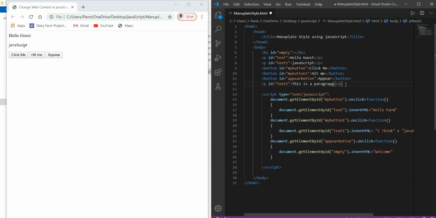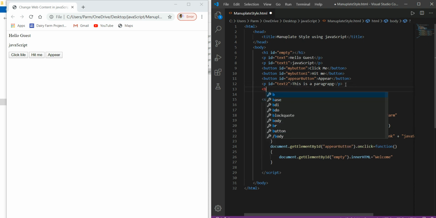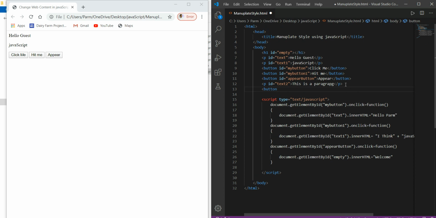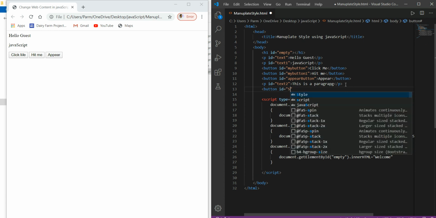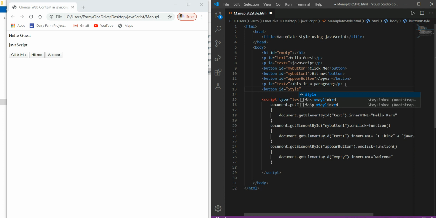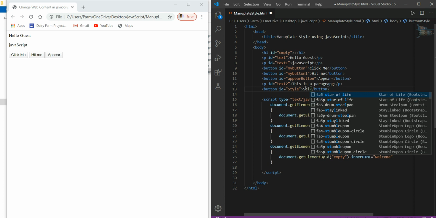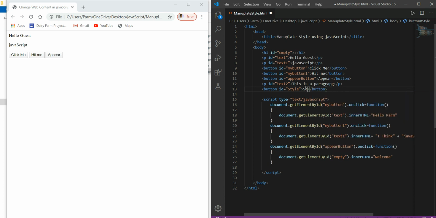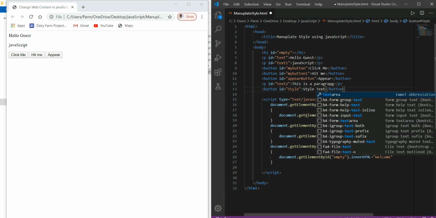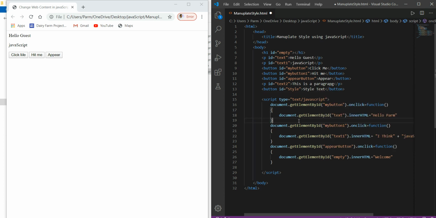And I will create another button, and once again I give the ID to this, say I'm just going to give it the ID style, and here I'm writing the style text that is to appear on this.